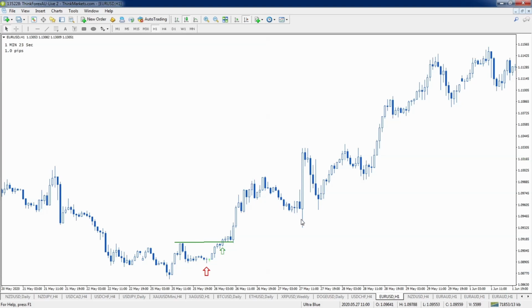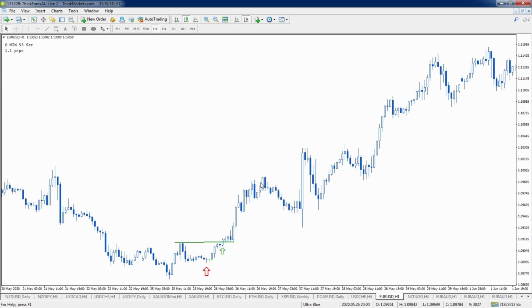So what we're looking for now is to manage the trade using these pullbacks. So we're going to be moving our stop loss underneath each of these swing lows. But the trick is knowing when to do this. Now the timing of this is important because we need to see that the market has actually made that swing low. We don't want to be guessing where that swing low is. And the way to know that that swing low has actually been formed is to wait for the market to make a move beyond that recent swing high.